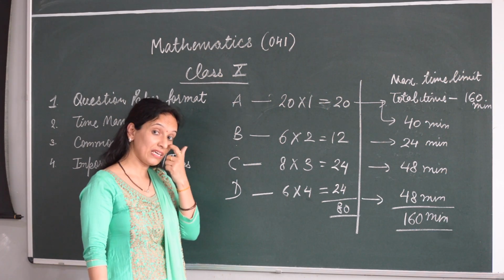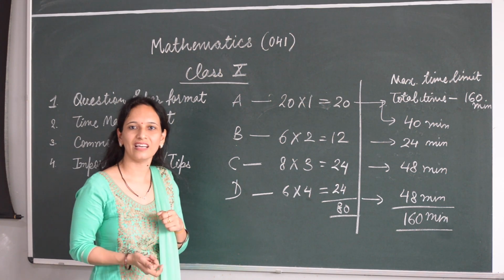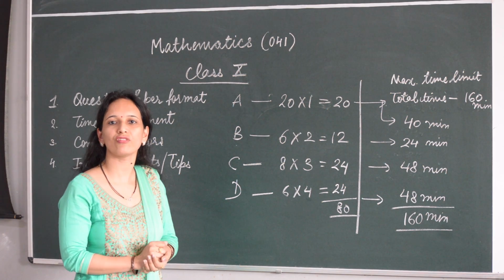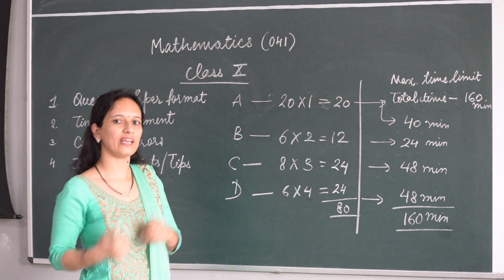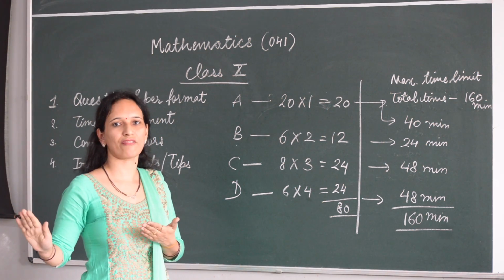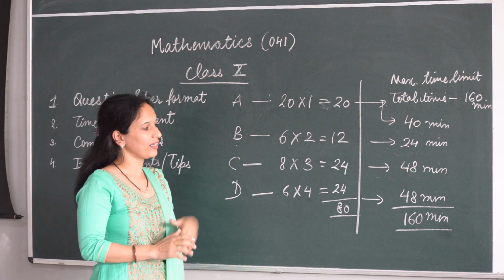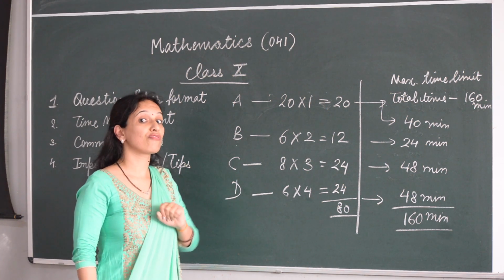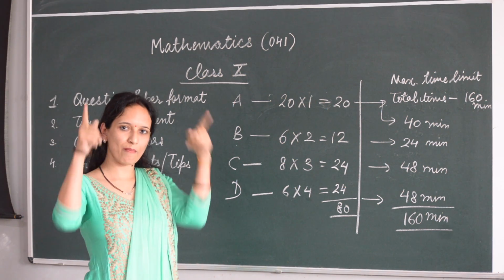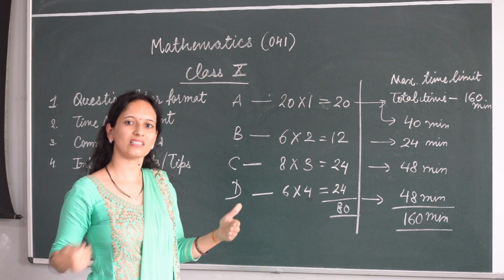Then in AP, the most common error which we find is that students get confused between an and Sn: the nth term and the sum of n terms. So you must be very careful while reading what is given, an or Sn. Now in the 6th chapter, triangles, you must go through all the theorems carefully because one of them will surely come in your exam. So prepare accordingly. In coordinate geometry, area of triangle will never be negative. So put a modulus in the formula of area of triangle and get the positive answer as area.